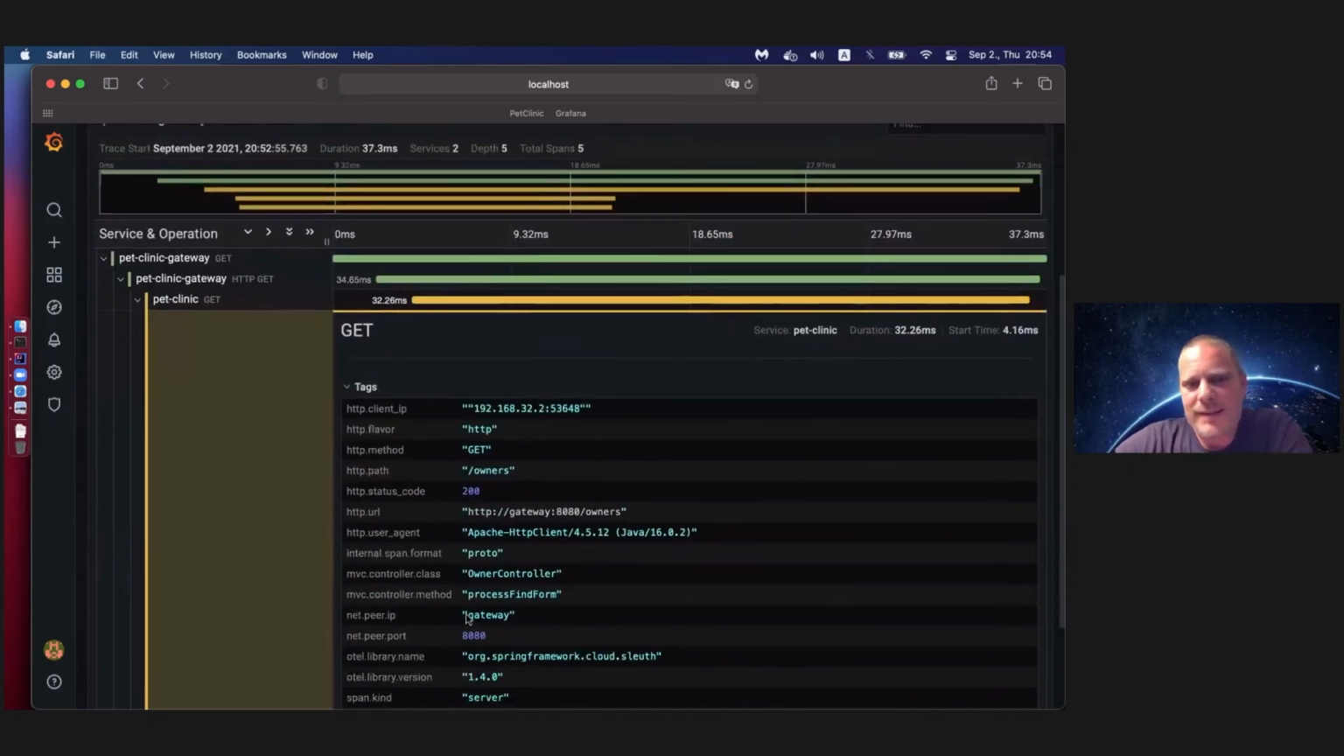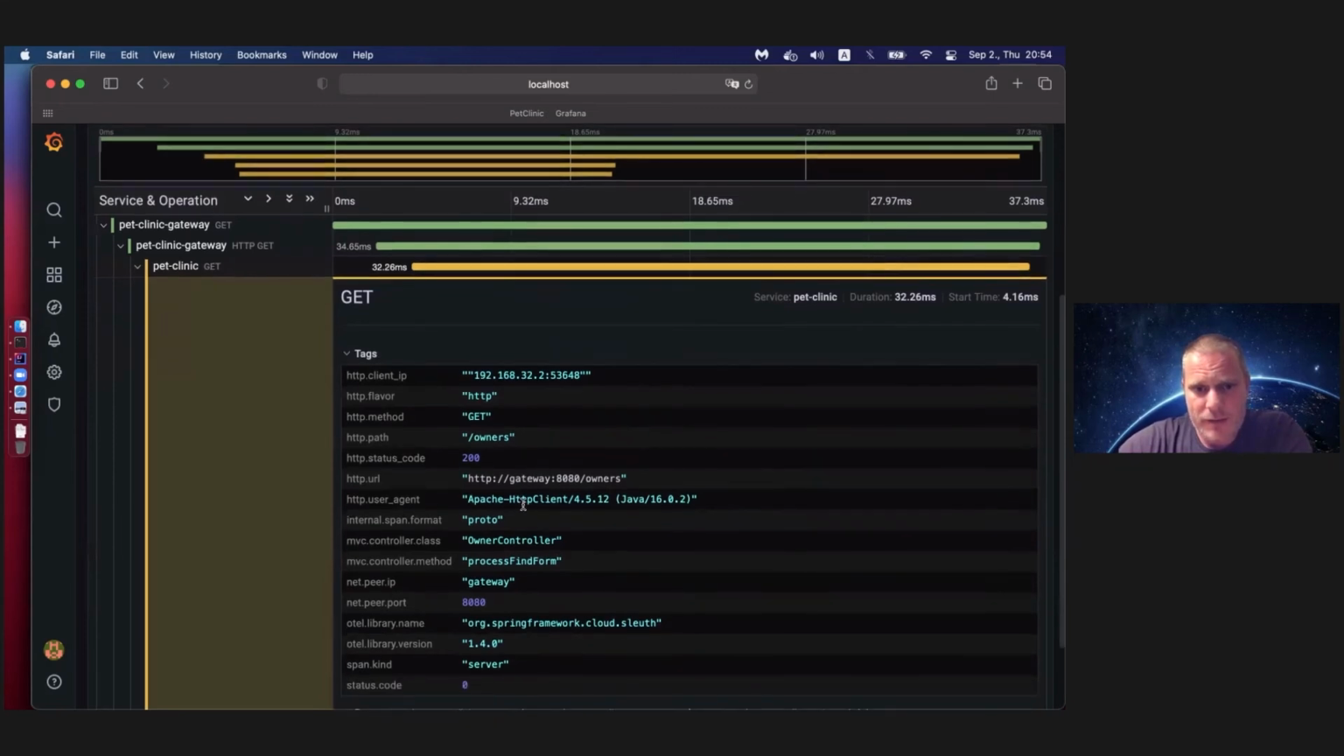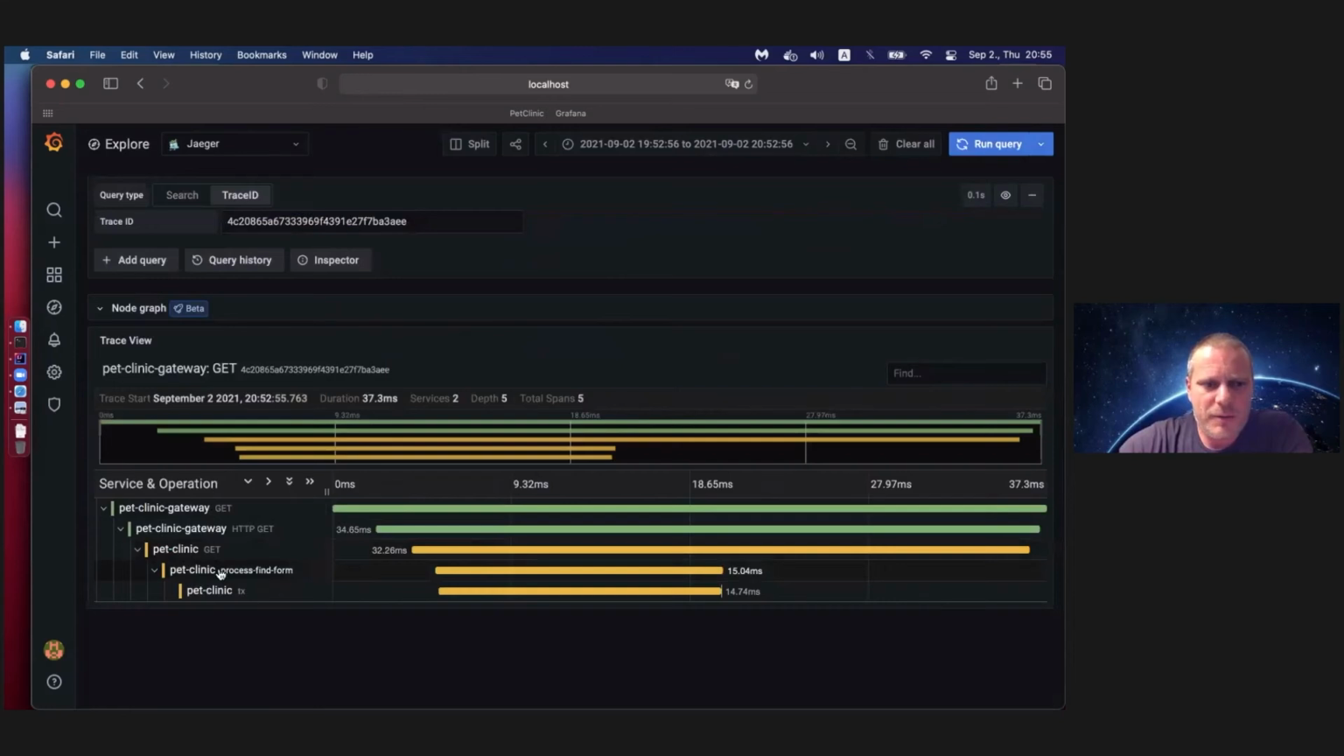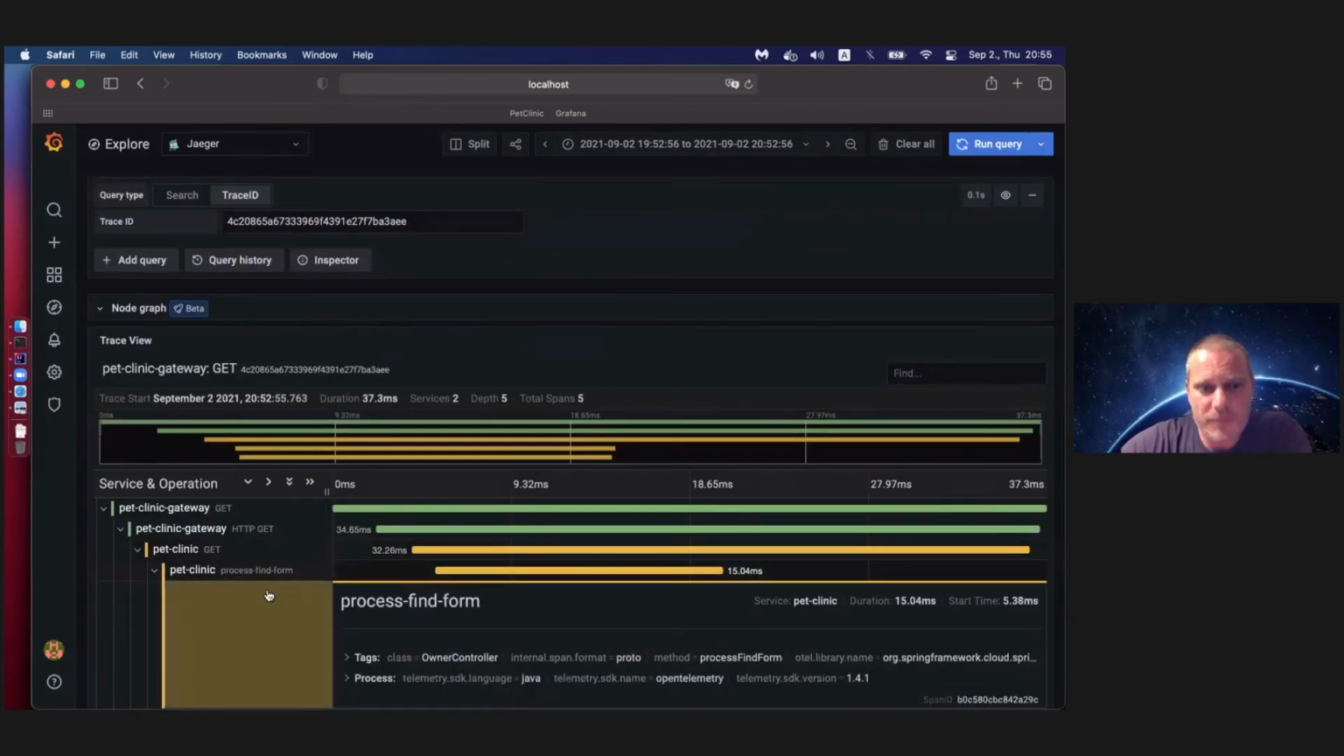So we can see that this is the client IP, actually the IP of the Pet Connect itself, and who was the caller and whatnot. Nothing interesting here, but here we can see, sorry, I was a bit fast. So basically the next step in the call,